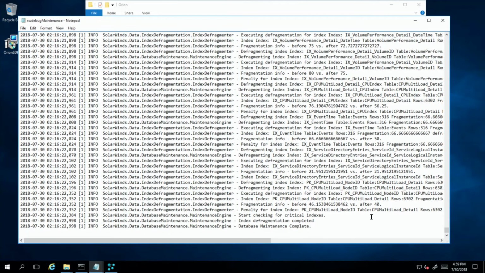From this location, there's a couple of things. One, I don't see a whole bunch of errors at the bottom, which is great. If I did, I would then want to further investigate what's going on there. Two, I'm able to see that at 2:16 and 22 seconds, I was able to have my database complete. From the previous screen, we've seen that it actually started at 2:15. So it's taken almost a minute and a half.